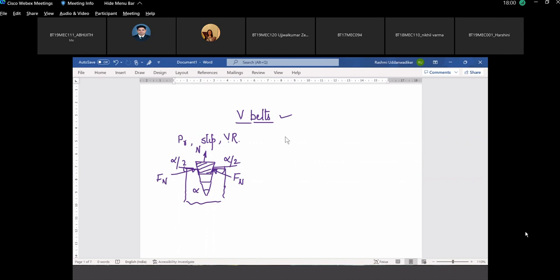There are applications like compressors. If you get to see compressors at petrol pumps, or diesel generator sets, you can see V belts are used there for a smaller distance, for higher power transmission capacity, and for higher velocity ratio. So essentially it is because of this wedging action